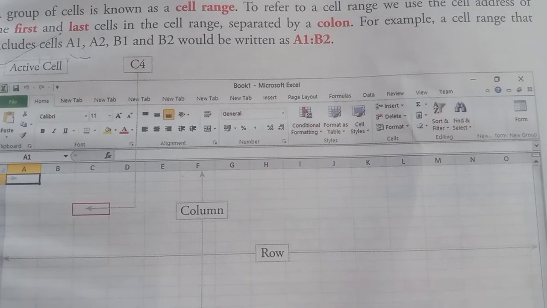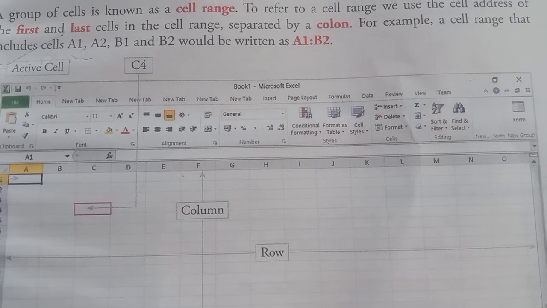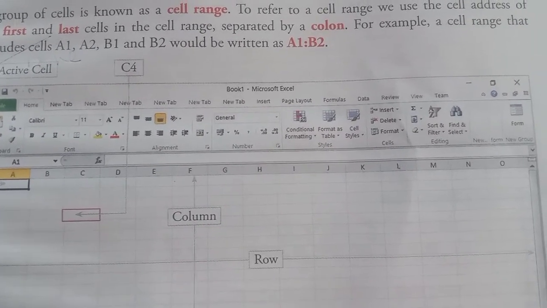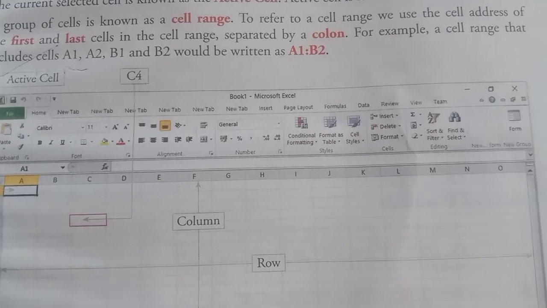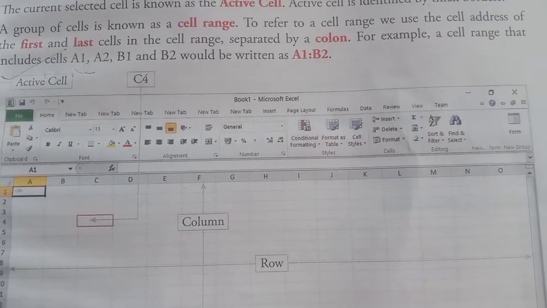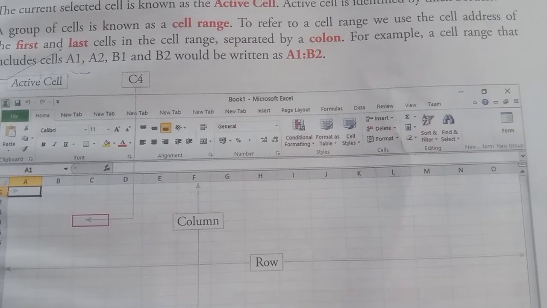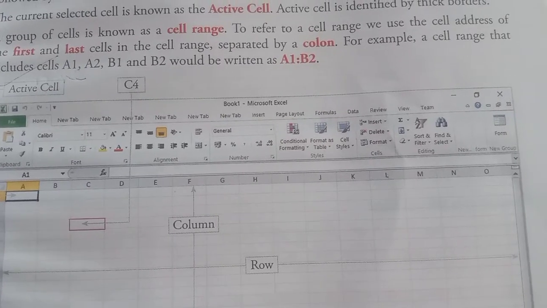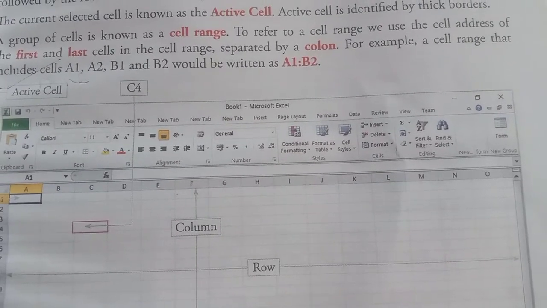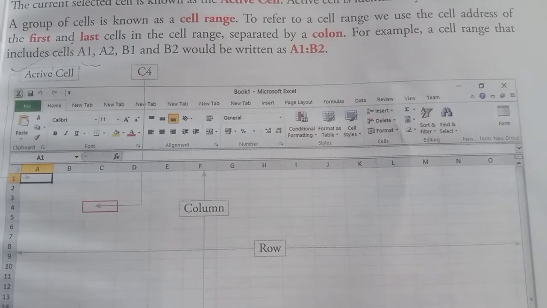We can edit the data and the formula in the formula bar. If you want to edit the data, we can. If you don't want to edit the data, we cannot, right? So these are the procedures through which we can edit or change the formulas.